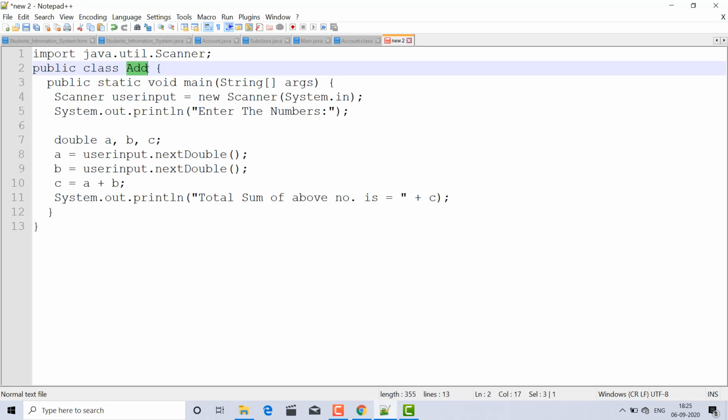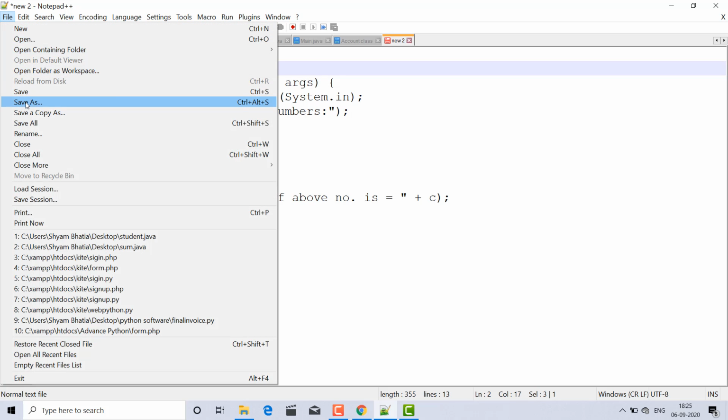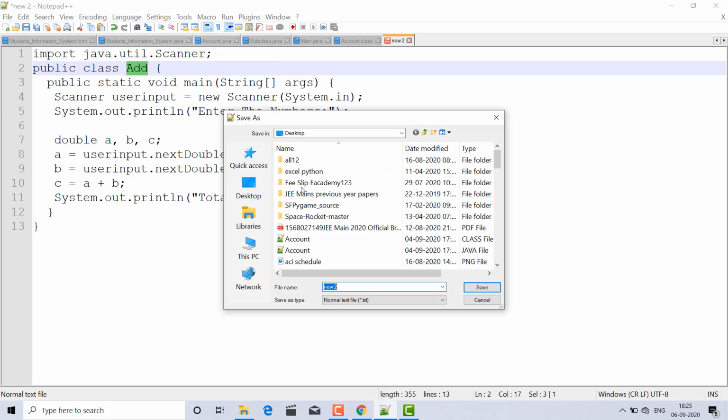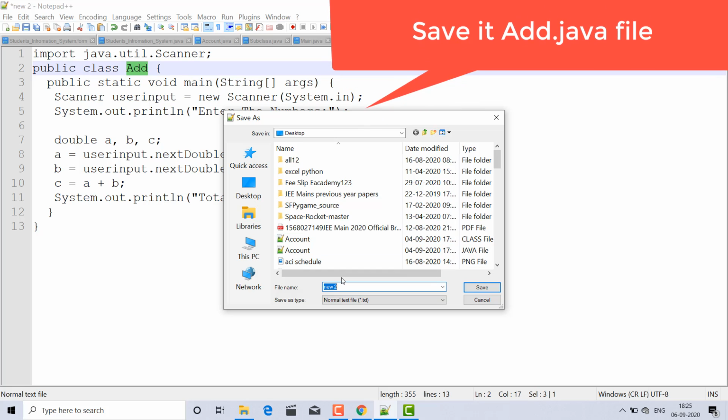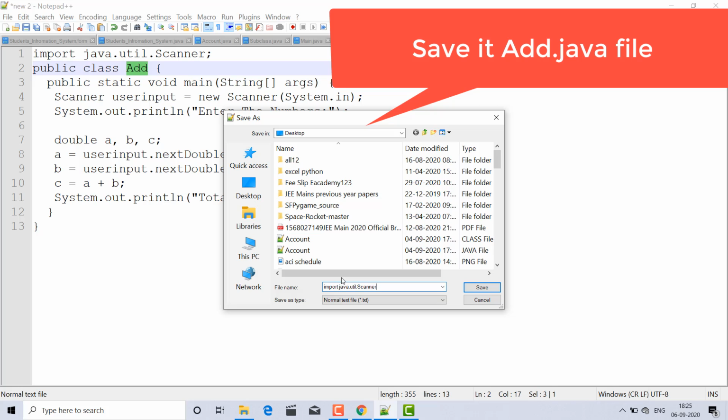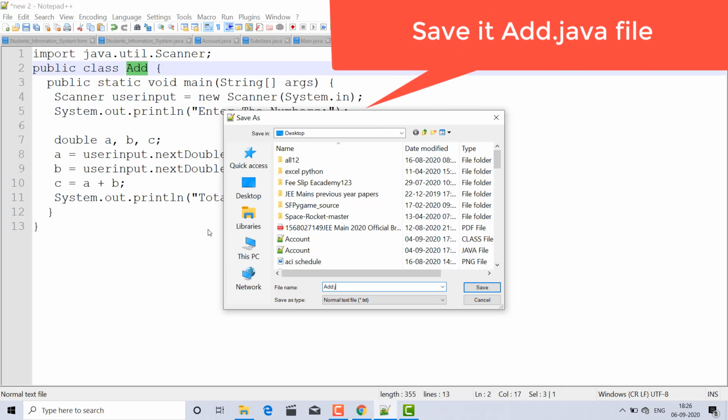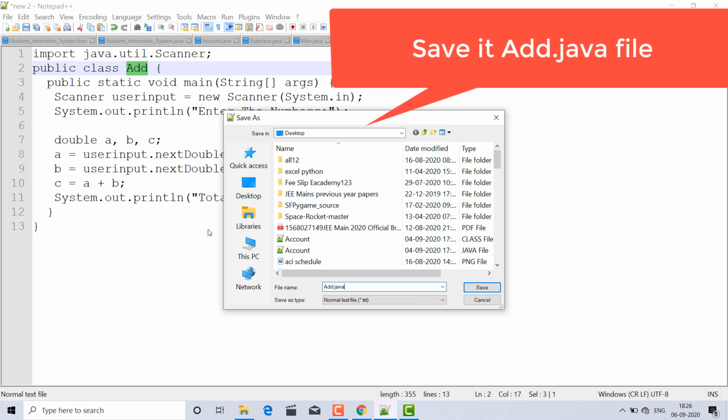Here it is Add, so I will save it with save as, and I am saving it on the desktop. What is the file name? Add, the same name as my class, dot java. You have to write this extension, otherwise it will not work, and just save.